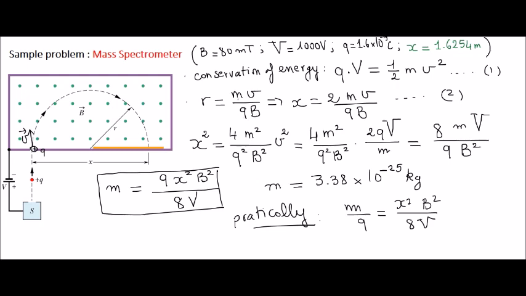If you get a different ion with a different mass, let's say the same element with different isotopes, if you send them with the same velocity, you will have a different radius. If the mass is smaller, you will have a